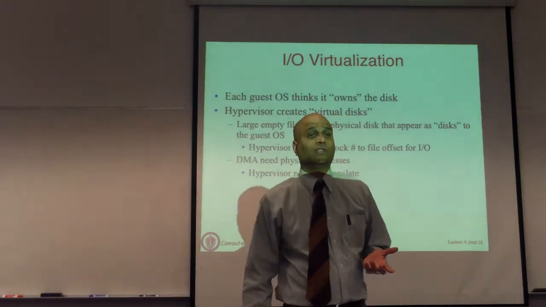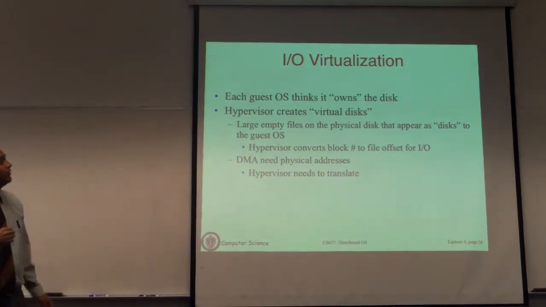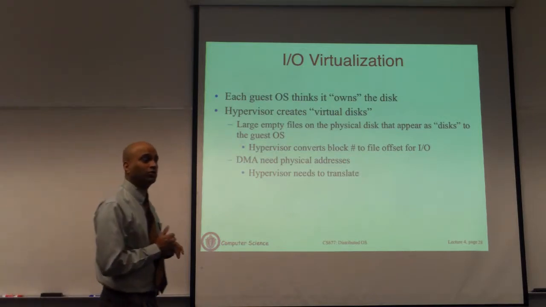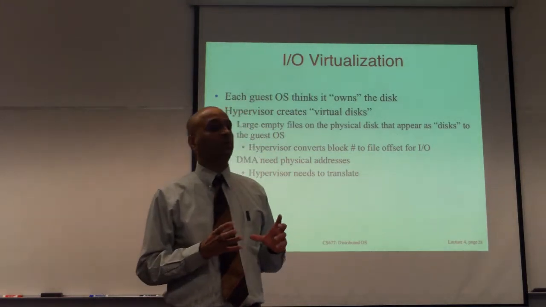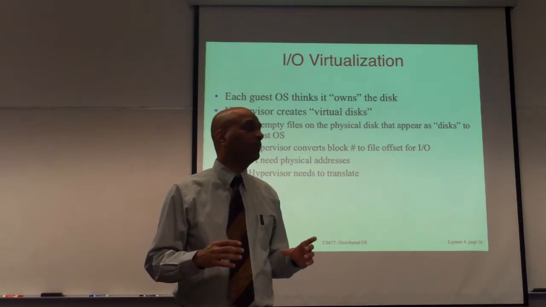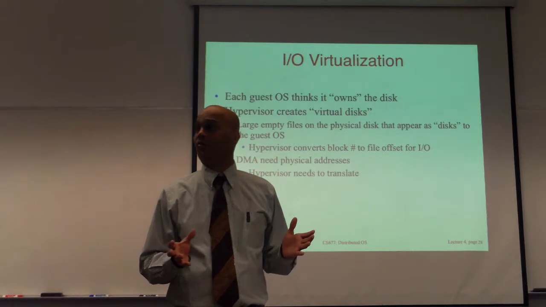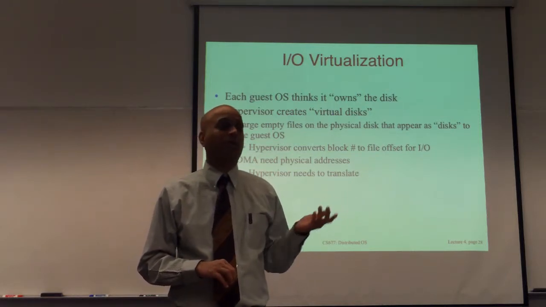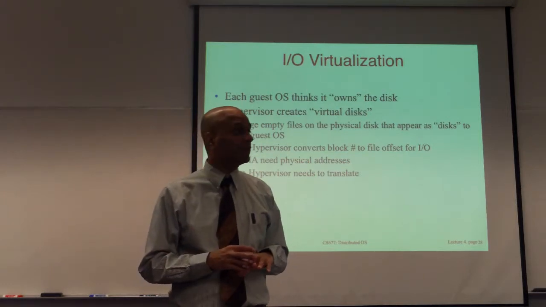Now about I/O virtualization as well, and then we'll see some other types of virtualization such as OS level virtualization. Okay, so this is how the disk on your machine is virtualized and made available to virtual machines. Each virtual machine stores its data in a large file called an image. That's called a virtual machine image or a virtual machine disk. It doesn't have to be one large file, it could be a set of files. If you've used any of these techniques to virtualize, you may have heard of VMDK files and things like that. Those are virtual disk files.